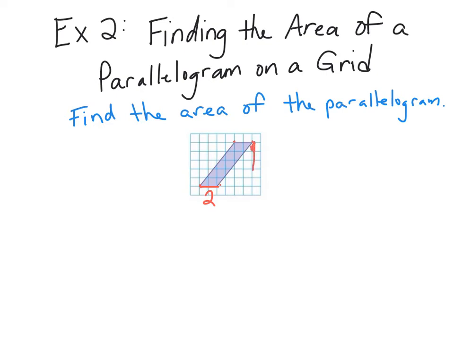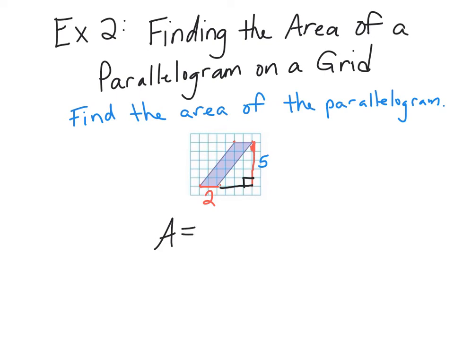2, 3, 4, 5, and so I can see that distance is 5, and I can check it just by going across here, making sure it lines up, and it does, and knowing that I have a right angle in there, so we know that it's the perpendicular line. So this is 5 units,